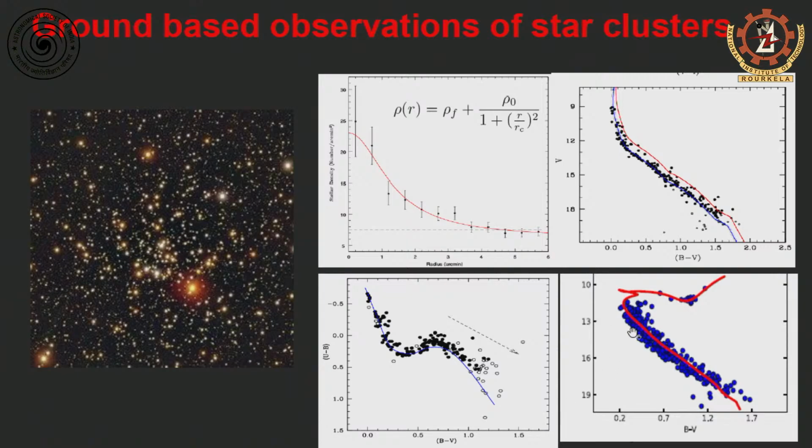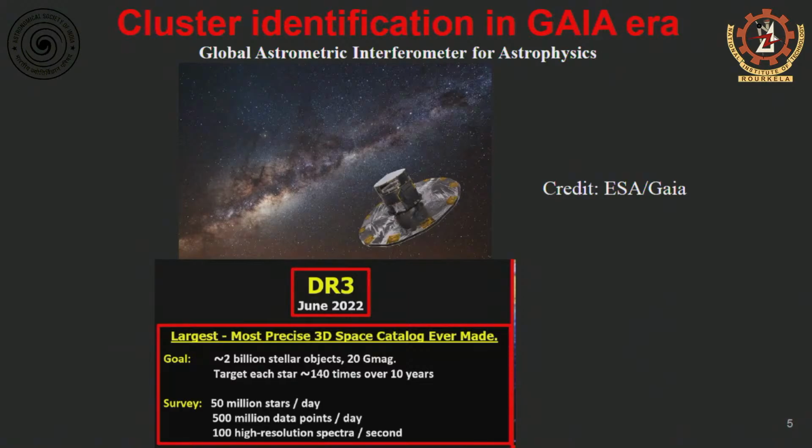Here you can determine the distance modulus information, and from the turn-off you can determine the age. So you have all this, called isochrone fitting. You have the theoretical HR diagrams, and you overplot your theoretical HR diagram on this star cluster, and you get the information. So you determine various parameters from this observation. But this changed with the space mission Gaia, and Gaia has revolutionized this field in a significant way,